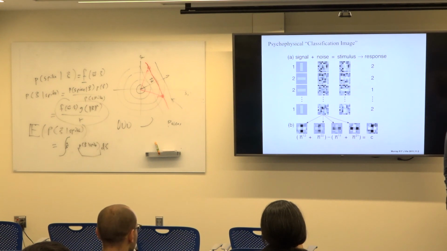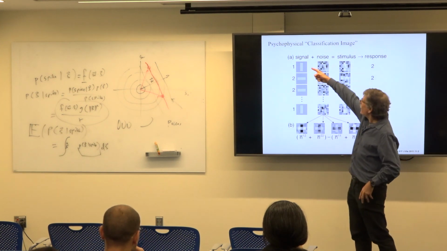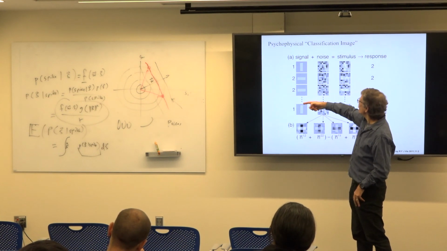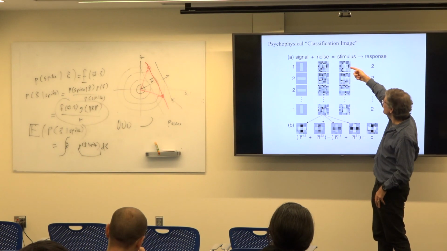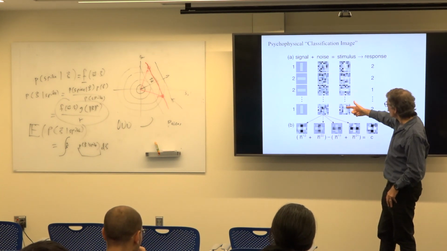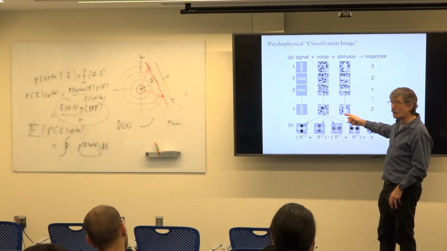So it's not 10 milliseconds, it's the several seconds per trial that it takes to run psychophysics, but you still need the 10,000 trials to get a good estimate of a classification image. And so what you see here is I asked subjects, was it a vertical stripe or a horizontal stripe? Except I didn't show them the stimulus, I showed the stimulus plus a hell of a lot of noise. So you're looking at these god-awful images saying vertical versus horizontal,